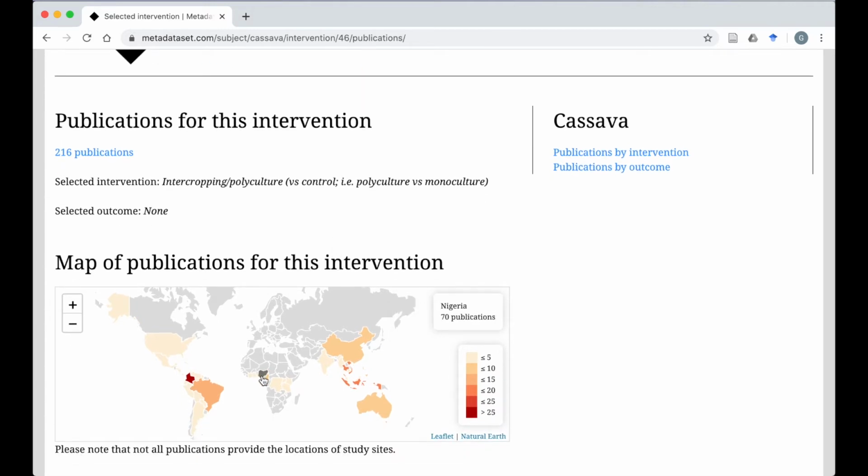There is an evidence map that shows you the number of publications we found for each country. So here there were 70 publications from Nigeria, but note that not all publications provide locations. You could click on one of these countries, or you could click on this link here to see those publications,